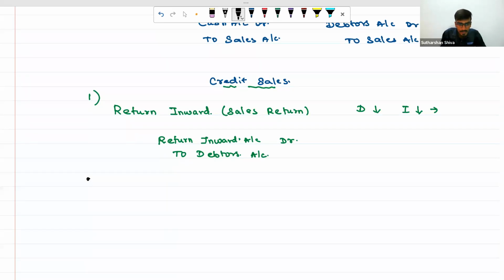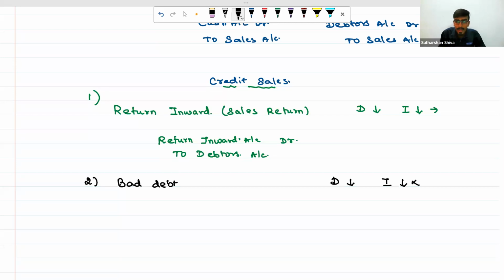And then there can also be a possibility that it can become a bad debt. The amount which I need to receive, there can be a possibility of sales return also being done, or bad debts also being done. Any probabilities and permutation combination will be acceptable. If any bad debt is done, even at that time my debtors is going to come down. My revenue generating income, which I am never going to receive, is a bad debt.